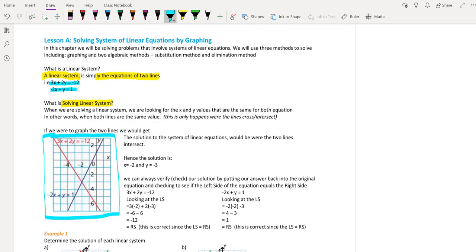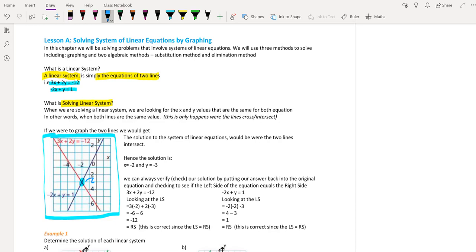When we're solving the system, we're trying to find out when those two equations are equal to each other. On a graph, that's actually quite easy to see. They're equal to each other only at one point, when they intersect, when they both share the exact same x and y values. So if you wanted to solve this system,